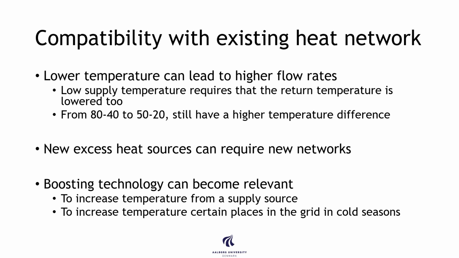There's, you can say, a limit at some point to how cold it can be, and normally it cannot be colder than the heating, you can say, at the building site. So this is one of the lowest. We can maybe be a little colder, but it's very hard to get it too cold. So here you can see we're very good at it, but we still have now a higher temperature difference where before the temperature difference was 40, now it's only 30. So this means that we could lead to higher flow rates by doing this. So we need to make sure we have the right grids that can supply having more water running through it.